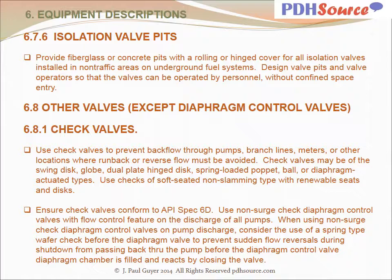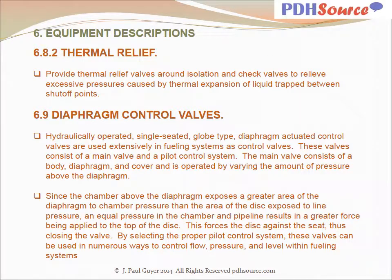Use non-surge check diaphragm control valves with flow control feature on the discharge of all pumps. When using non-surge check diaphragm control valves on pump discharge, consider the use of a spring type wafer check before the diaphragm valve to prevent sudden flow reversals during shutdown from passing back through the pump before the diaphragm control valve diaphragm chamber is filled and reacts by closing the valve. Provide thermal relief valves around isolation and check valves to relieve excessive pressures caused by thermal expansion of liquid trapped